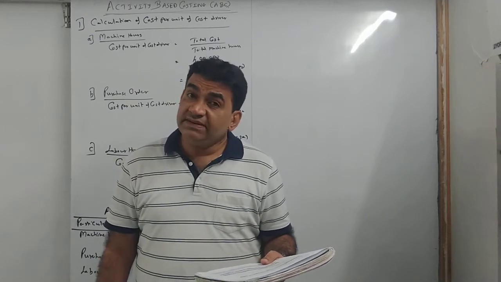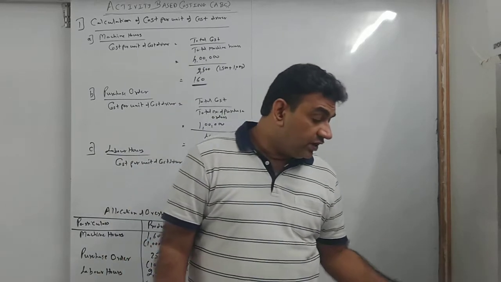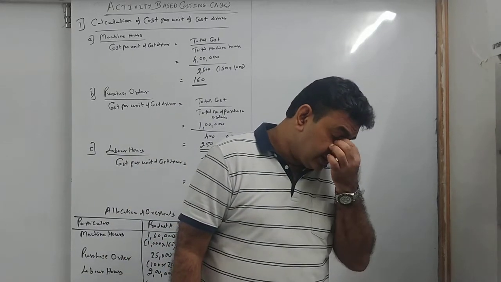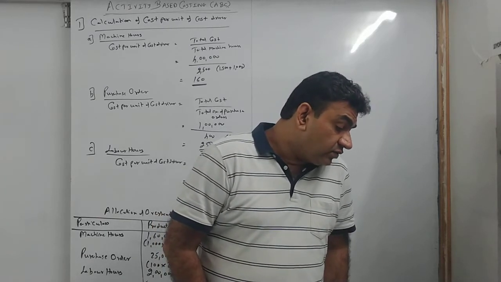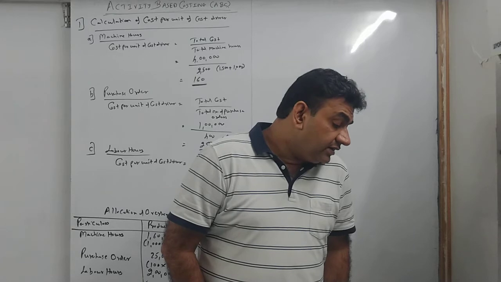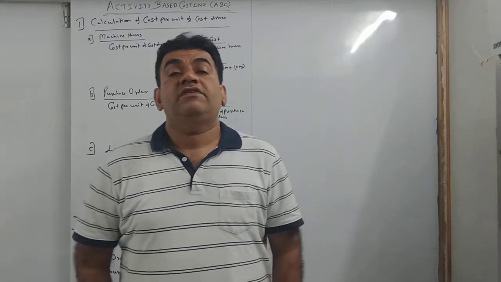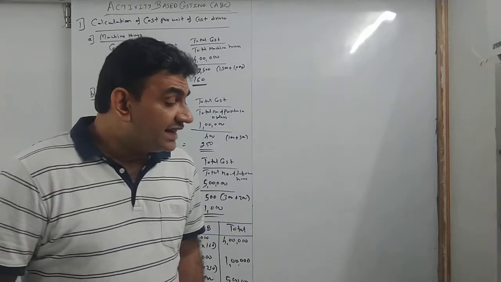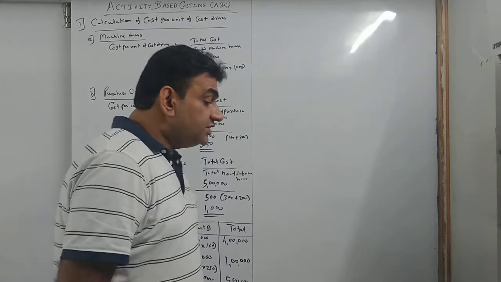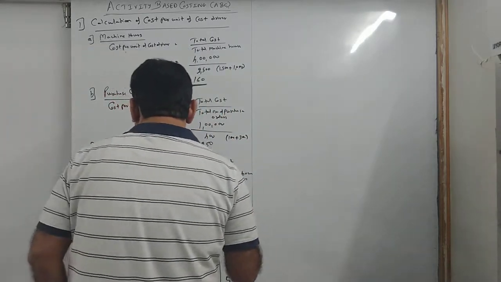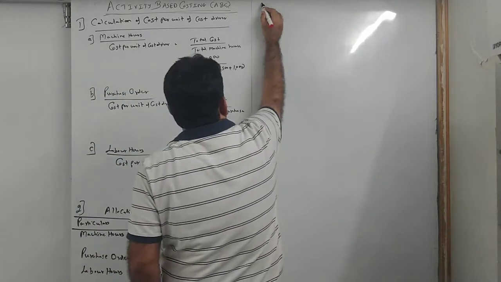The company makes 3 products M, S and T. For the year ended 31st March 14, the following consumption of cost drivers was reported. They have given you 3 products M, S, T, kilowatt hours and quality inspection is given. Required, compute the cost allocated to each product from each activity. Now if you see नीचे brackets का information ना, that is nothing but it is an indication that this is an IPCC का sum. ठीक है? चलो, let's start same way. अच्छा, this was the second part. Allocation of overheads. Let's start the same way.